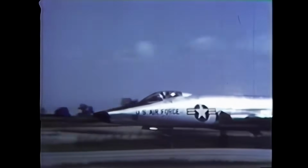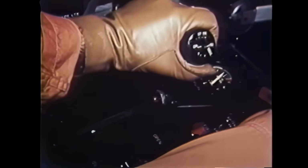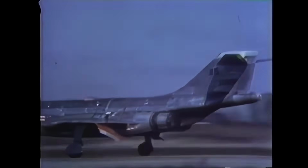Afterburner takeoffs are not recommended on your first couple of flights because the airplane accelerates so rapidly. However, while you're climbing, let's imagine an afterburner takeoff. Advance the throttles to military, then shift them outboard to light the burners. Although she'll get up to speed in a hurry in afterburning, ease the nose gear off at 150 knots and